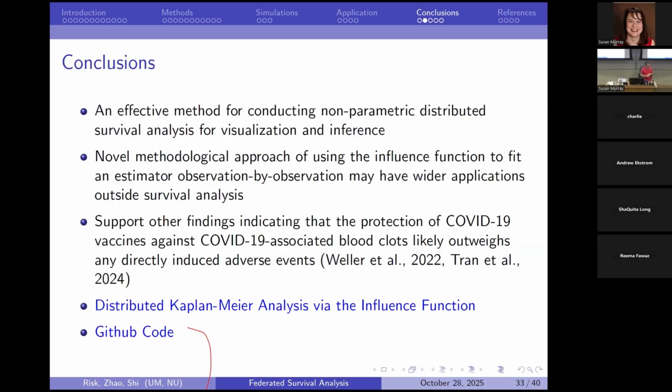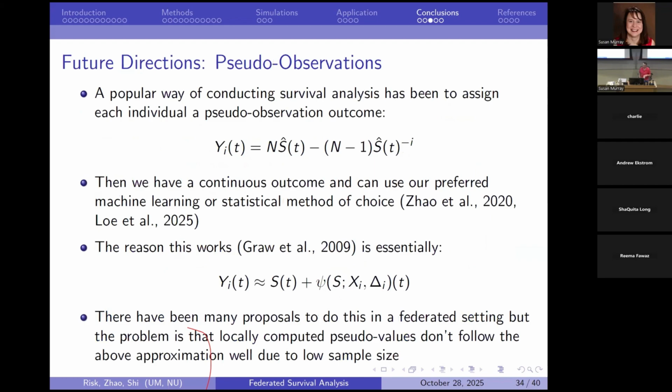So, as a guess, is a pseudo observation in this setting the influence function for that person? Does it reduce to that? Yeah, so thank you for